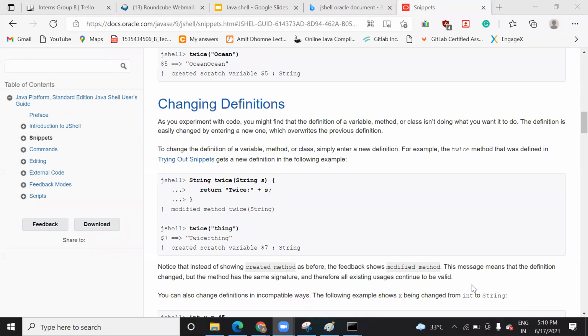You can run your method on JShell. You can see whether it is working fine or not when you are passing a parameter. And if it is working fine, then you can implement it in Eclipse or any IDE. You don't need to write the whole code, from the package, import, class, main method, every syntax, in order to just check a simple method.